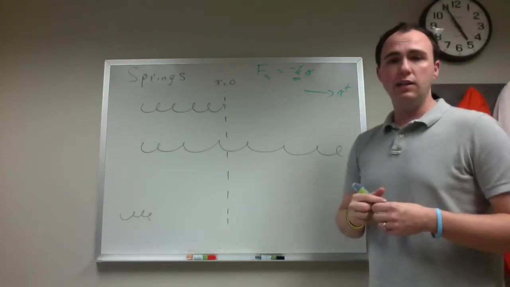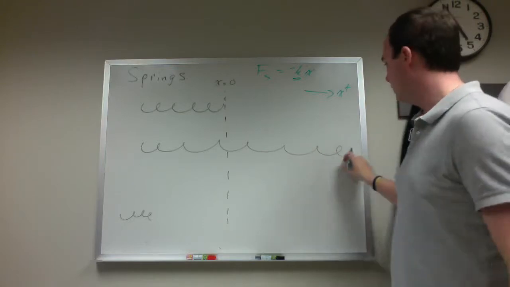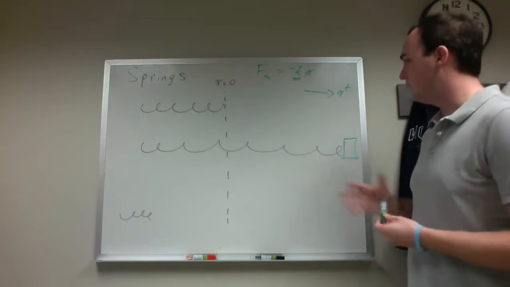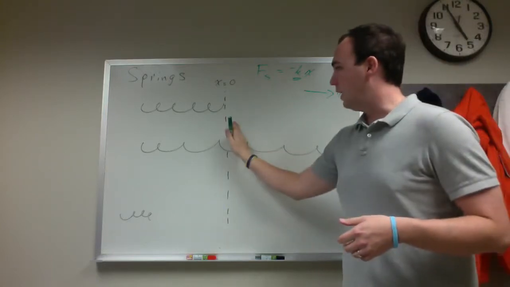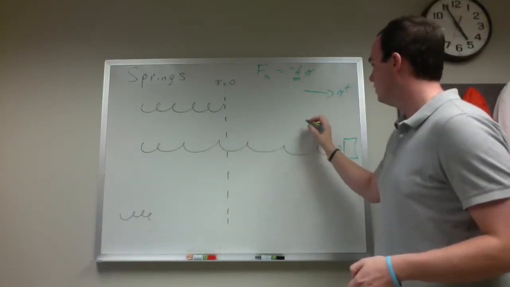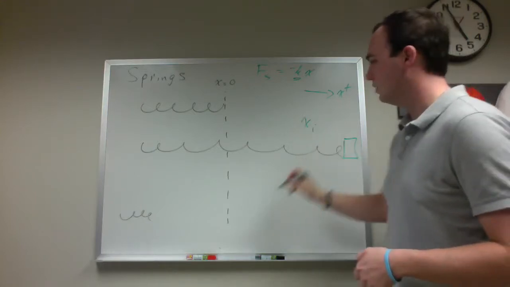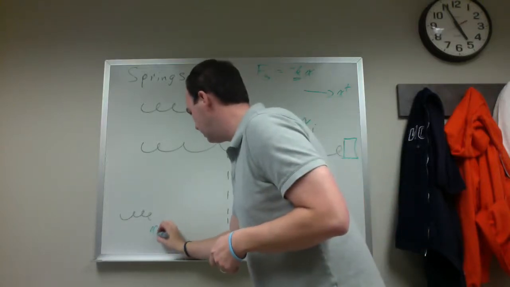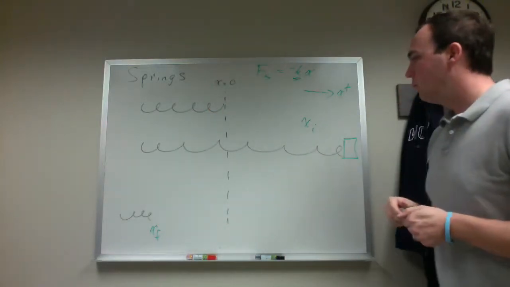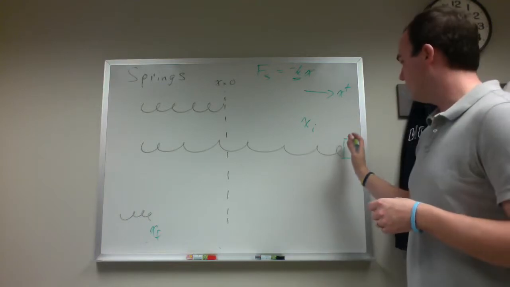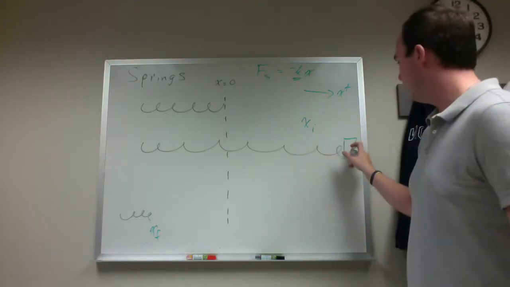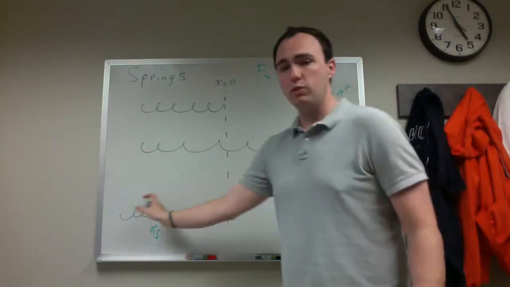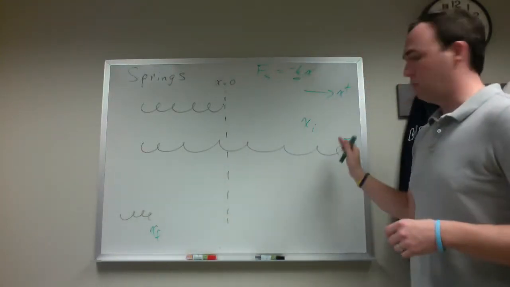Now, if we're looking at the work done by a spring, let's say we have some object out here and we have the spring extended. We go from here, which we call x initial, and then it's going to go past 0 to some x final. I could break this up into two parts, right? What's the work done by the spring as we go to x equals 0, and then what's the work done by the spring as we go from 0 to x